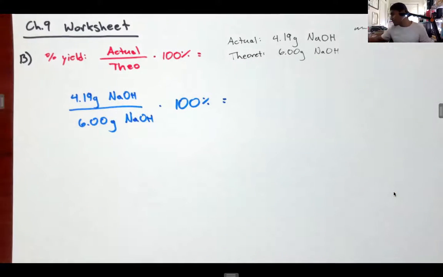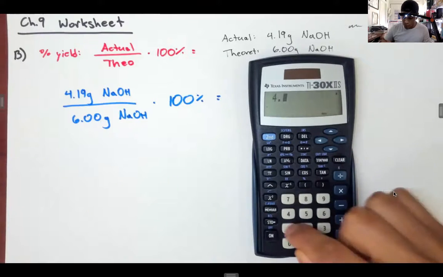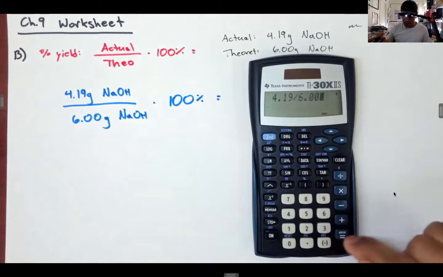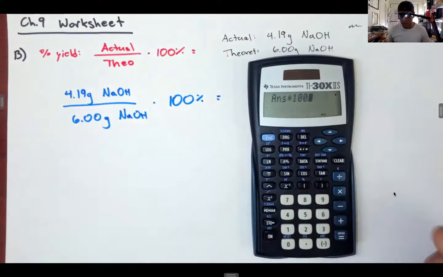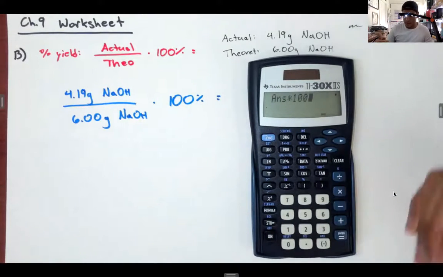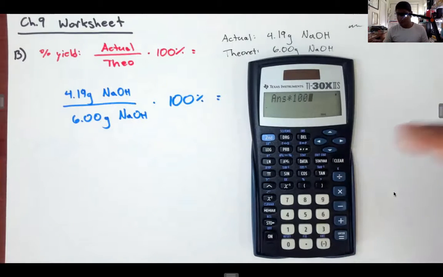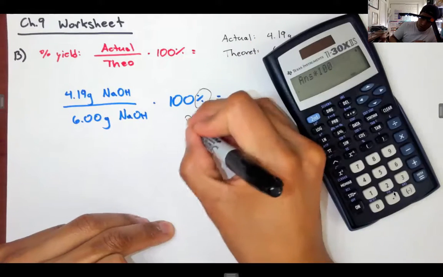And then once you do that in your calculator, we're going to do 4.19 divided by 6.00. All right, and then we're going to multiply that times 100. Do not multiply it times 100%. If your calculator has an option of percentage, do not